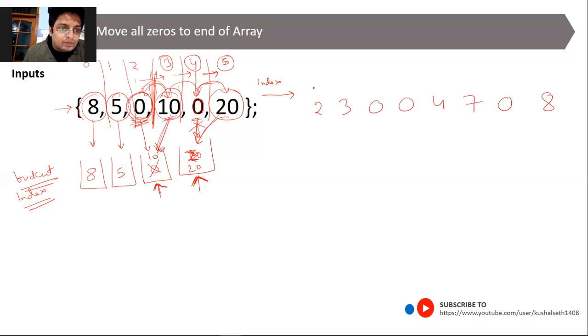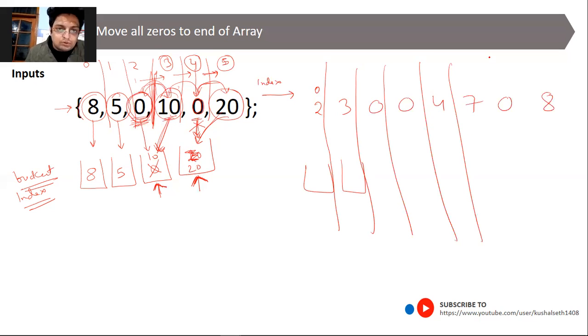So this is my index 0, and this is my bucket. At index 0, whatever is there at 2, we don't have to do anything.